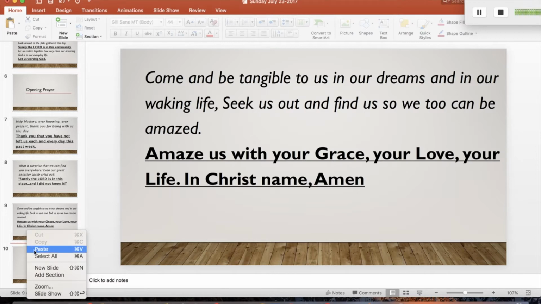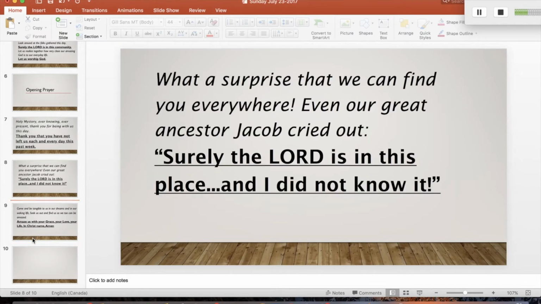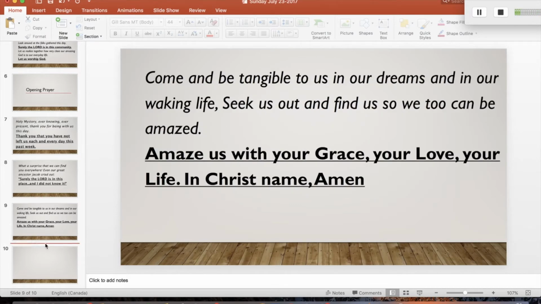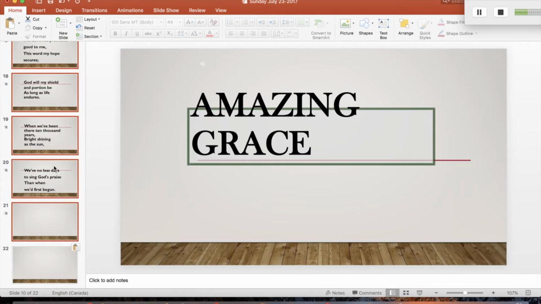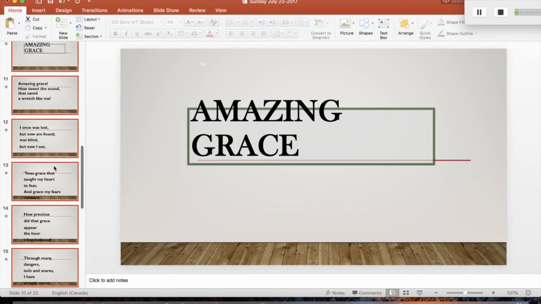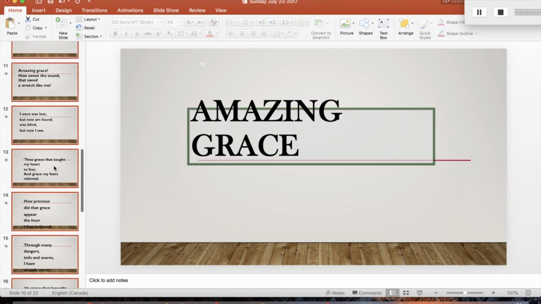So I will insert a picture of what it will look like, a more accurate picture of what it'll look like on the laptop. But so what you do is you put it where you want it. So say this is your placeholder slide, where you'll have hymn number da da da da. You want to put it after this. So you click between. Remember I said you click between the two slides, and then you go paste. Which on the PC you'll have paste, and then